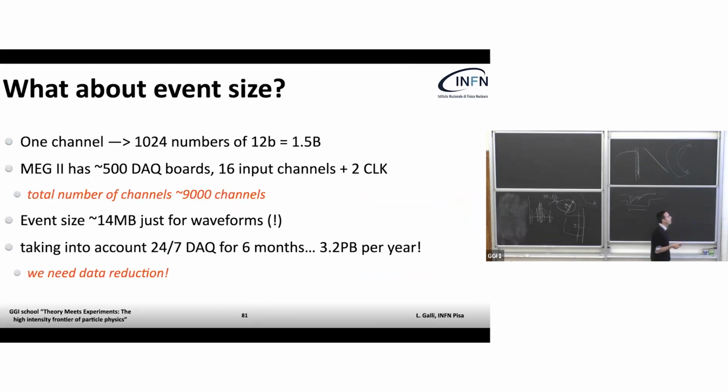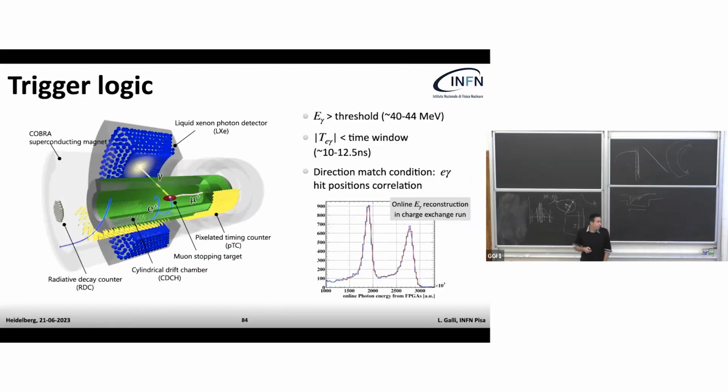we cannot go much faster than 10 Hertz, even with the reduced size event, because otherwise the dimension is out of control. This means that out of 10 to the 7 events per second at the source, we have to trigger on 10 events per second, which means a cut of 6 orders of magnitude of the background, which is not a trivial task,